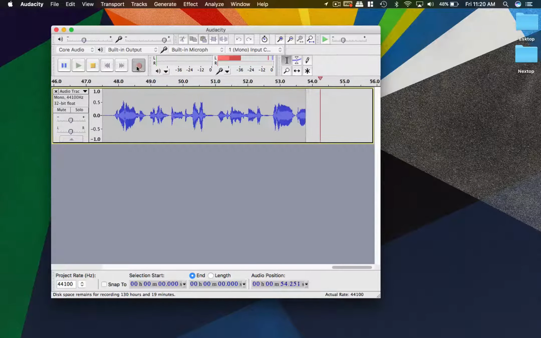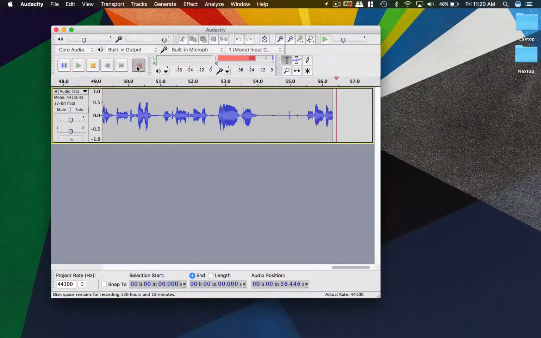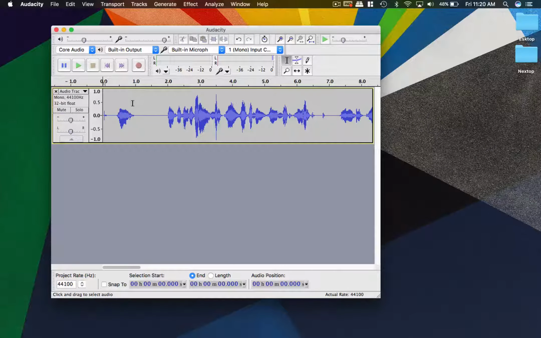I'm going to stop this here and go back to the beginning, and this is just a mono signal, so I'm going to hit play and just listen to it. Should be coming right up the middle. And one cool thing about sound is it moves roughly 1 foot a millisecond, so that's definitely a key thing